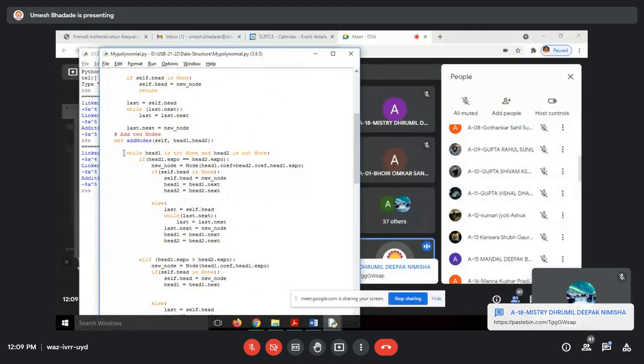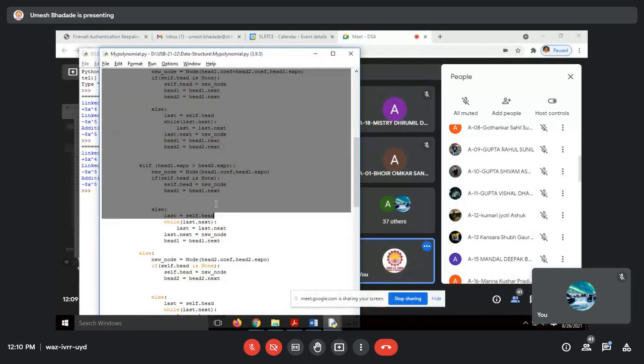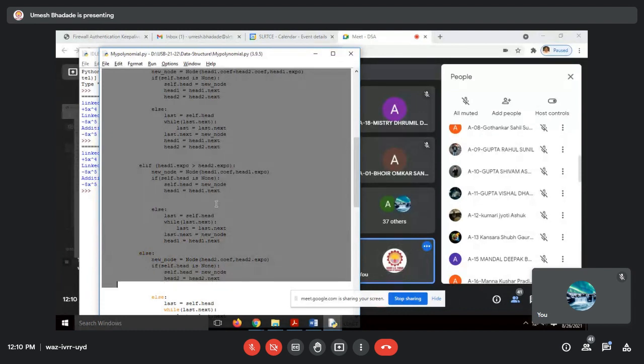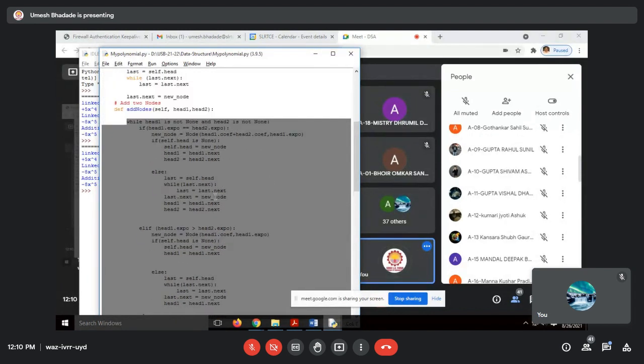We have seen the implementation of our algorithm. What is our algorithm? That you have to scan all the terms, corresponding terms pointed by head 1 and head 2, right? A loop. And what are the cases we are going to check in this? The exponent parts of the corresponding terms of polynomial 1 and 2 will be compared. If they are equal, we will add the coefficients and move ahead to the next term in polynomial 1 and polynomial 2,